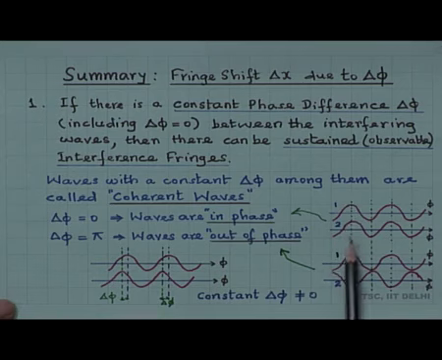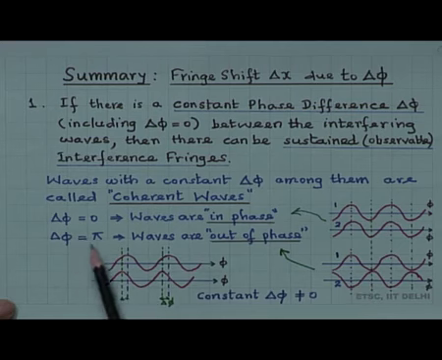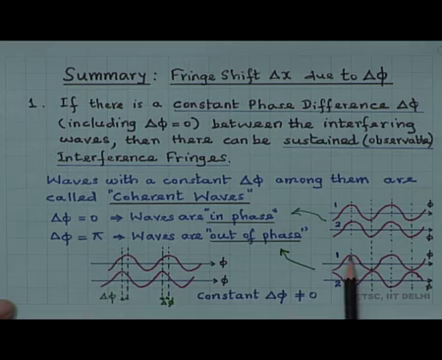So, the maxima are coinciding and the minima are coinciding, that is, crests and troughs come at the same time at any given position. If the phase difference delta phi is equal to pi, it is a constant, but it is pi, then the crest of one wave corresponds to the trough of the other wave at that point. What I have plotted is the phase variation of the two waves with time. At any given point, if the crest of one wave coincides with the trough of the other, it means